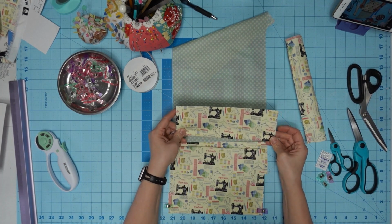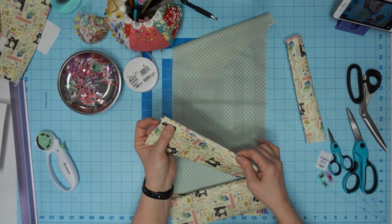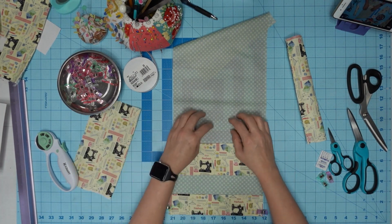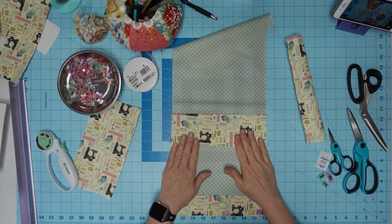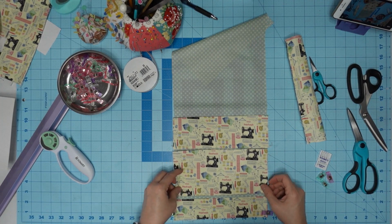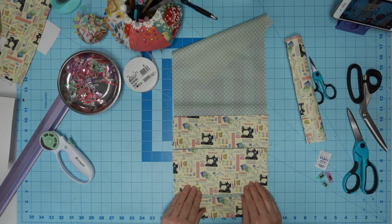Now, you can do your pocket. So I'm going to omit one of these pockets, which would be this one. So if you want them like that, then don't do this. And I will tell you that I serged the bottom, and then I folded it under, and I'm going to stitch that down. The reason being is because I love this fabric, okay? I do. And it matches so wonderfully. So I'll show you in a second. What I was saying was, I like my fabric, so I'm going to leave a little gap between it so you can see it. You know what I'm saying? My edges are finished and everything, so I'm just going to...